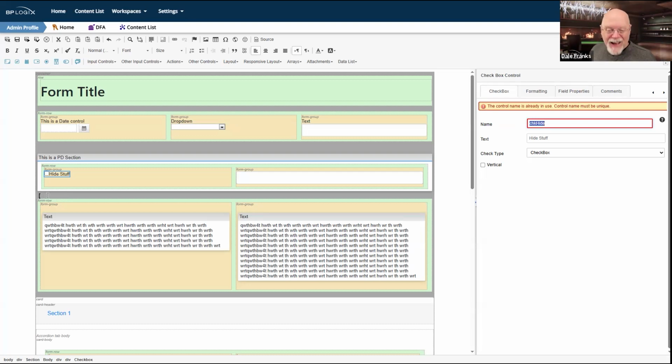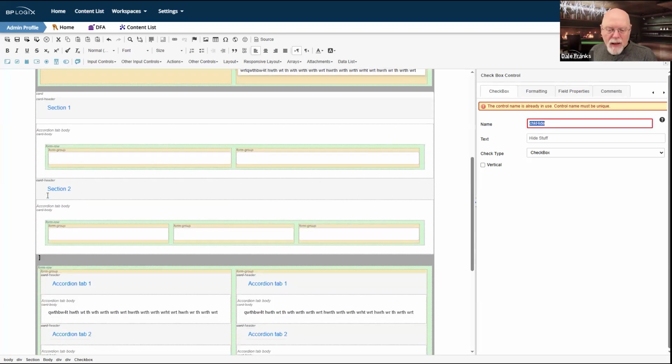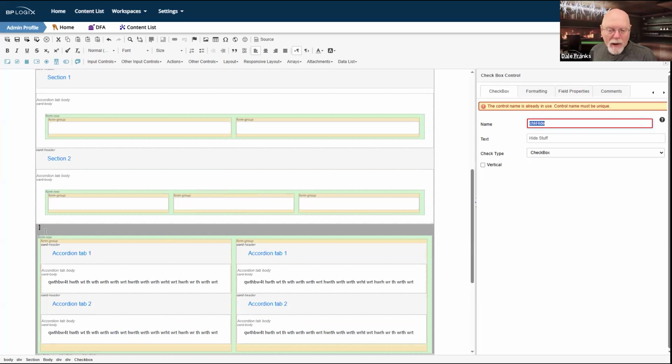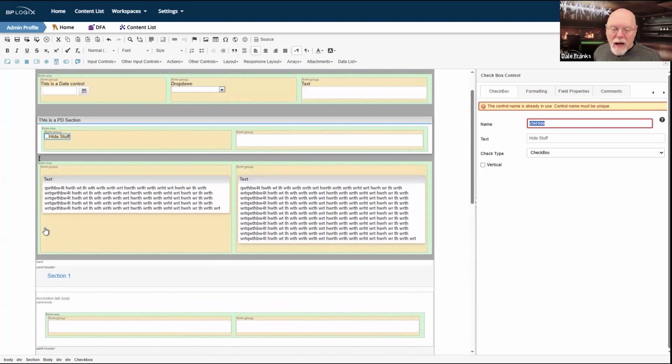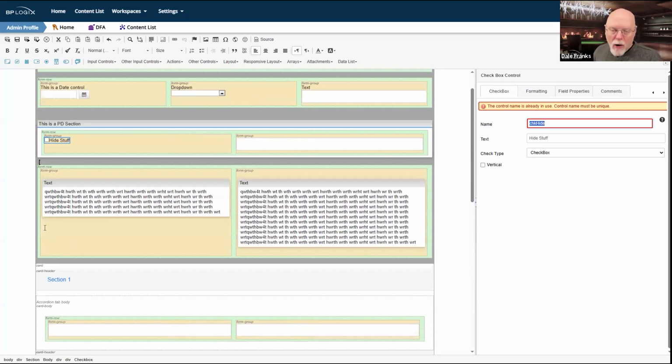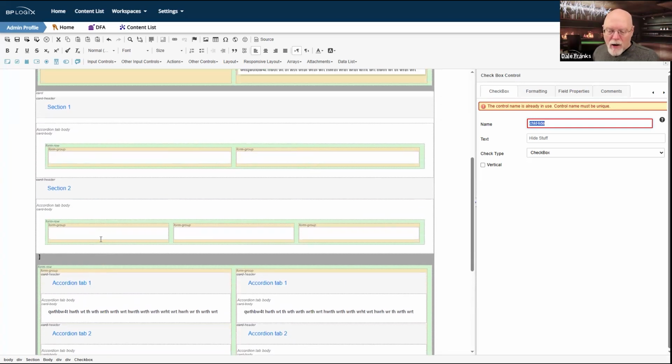that control. Now, again, note, I've placed the embedded section control directly inside the responsive layout container, and that embedded section control goes all the way down to here, where there is, again, an end embedded section control, or I guess embedded section end control is its correct name. And that is also inside the container. But this is going to work just like any other embedded section control where I am setting it to show and hide based on what I've done here on my checkbox. It's just going to hide all of these other controls.